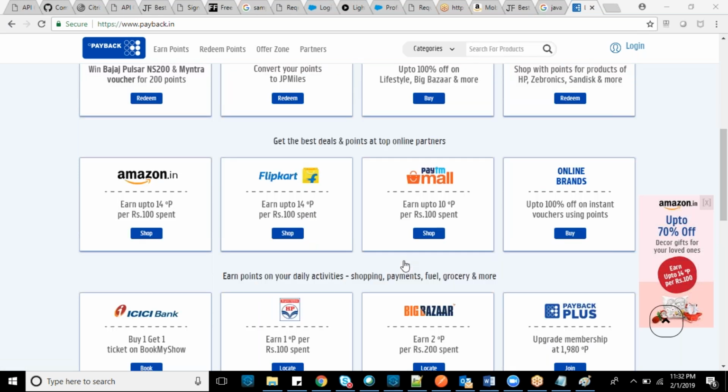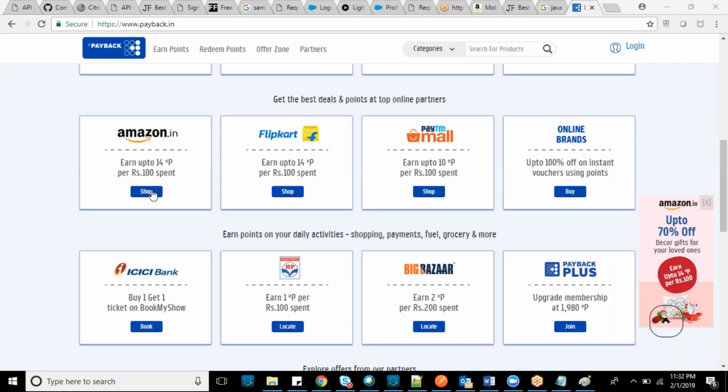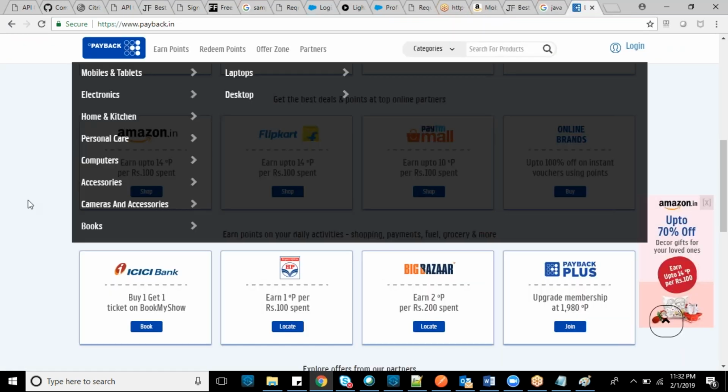If I click this one, it will go to the Amazon website. If I click this one, it goes to Flipkart, and likewise Paytm. It goes directly to the URL of the Amazon website, which is configured in this project. Then only will it go to the Amazon website.